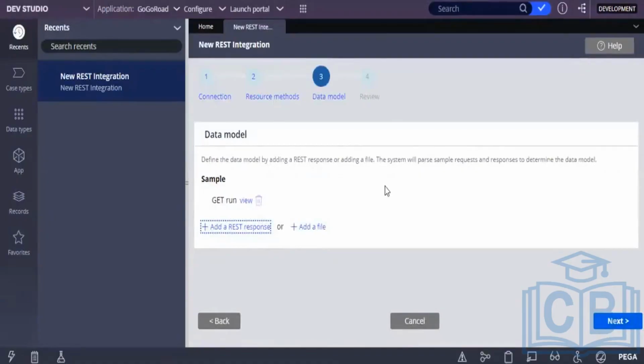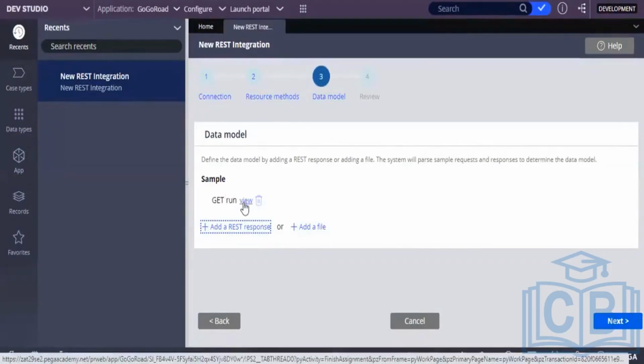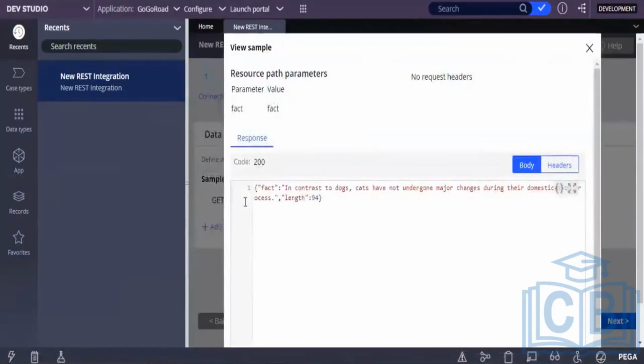See, now we got a sample file. Is it in JSON format? You can click on that file again and view it. This is JSON format, not XML format. You are getting the response in JSON format.